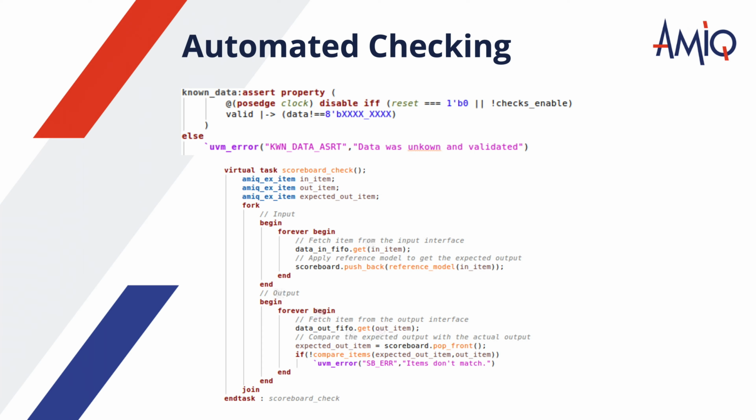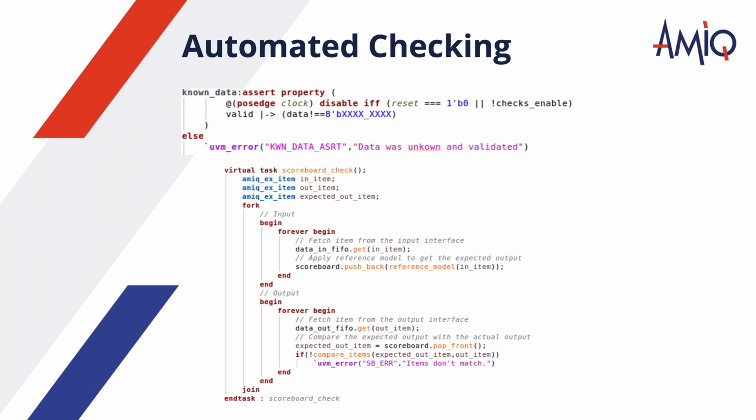Now that we covered the stimuli generation part, we are moving on to the checking part. Checking can be represented by a variety of assertions. Some can be temporal assertions located directly in the top module or in the interfaces, as depicted in the top picture. Or there can be static assertions applied on an event basis that check transactions, like in the bottom picture.